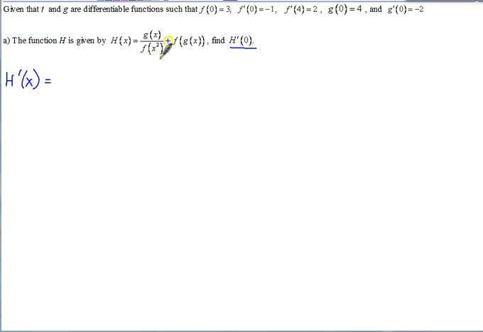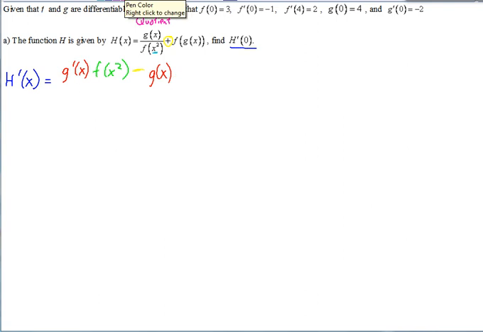So g of x divided by f of x squared, that's going to require the quotient rule. Using the quotient rule, that says you take the derivative of the numerator, the derivative of g of x, we write as g prime of x, times the denominator as it is. We do have a function inside, but we're not taking the derivative yet, we're just leaving it alone, so f of x squared. And remember, on the quotient rule, unlike the product rule, it's a minus. Then we have the numerator as it is, g of x,